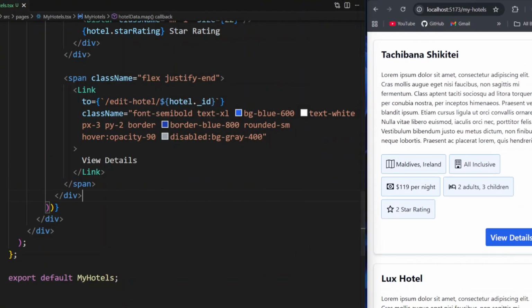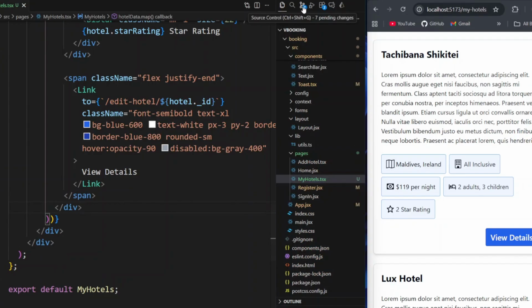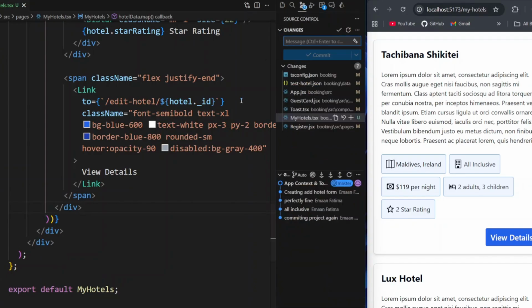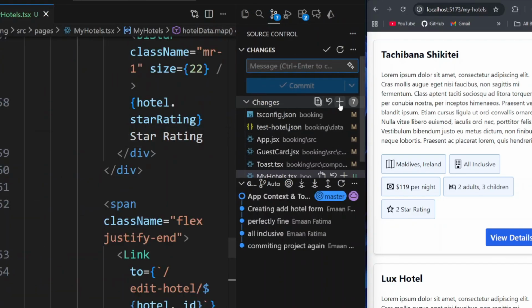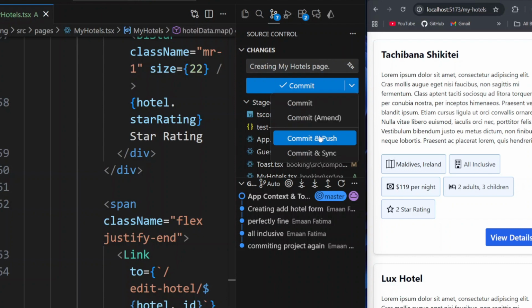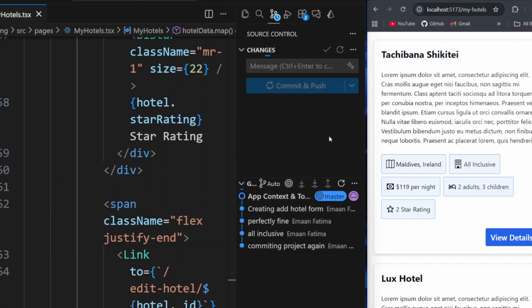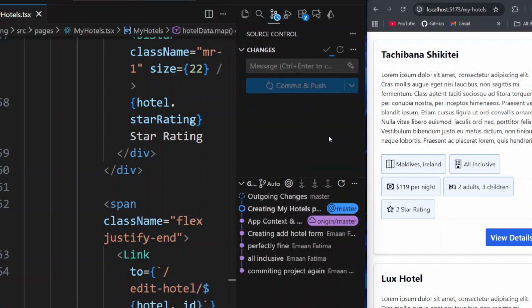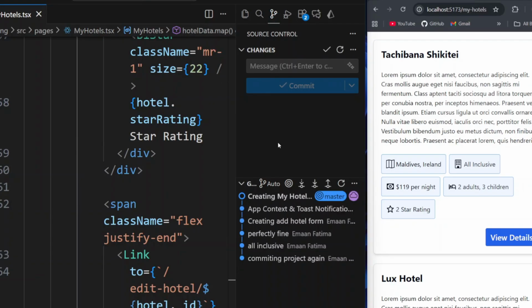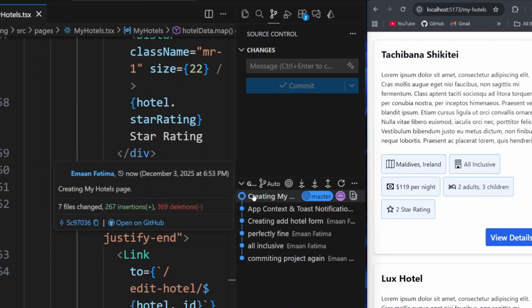Now let's push our code to the GitHub. If we open source control, in here first we will need to stage all changes, creating my hotels page, and if we press on more actions, we will press commit and push. Now it will push our code to the GitHub. So if we go in here, as you can see,